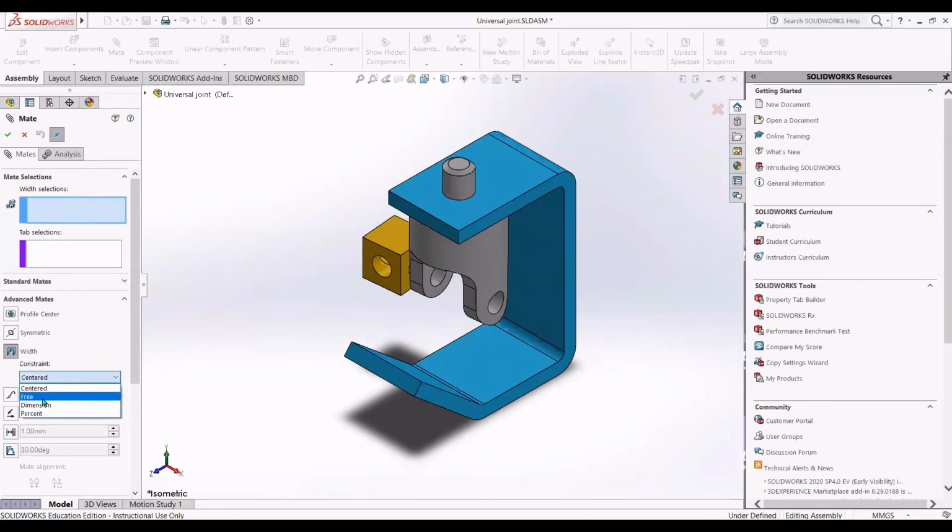We have a few selections here. We have centered, dimension and percent, but by this time we just select centered. Advanced mates often require additional selection. In this example, two pairs of selection are required. And in width selection,